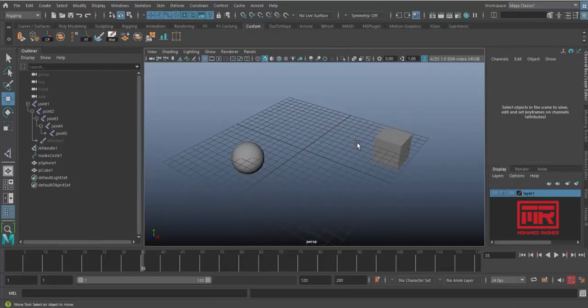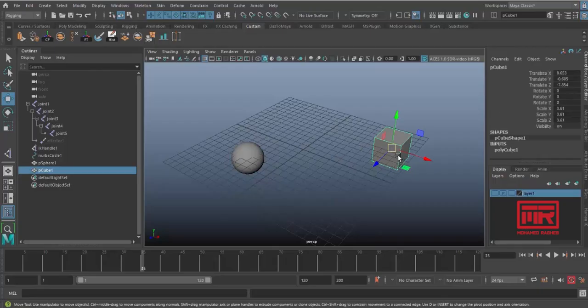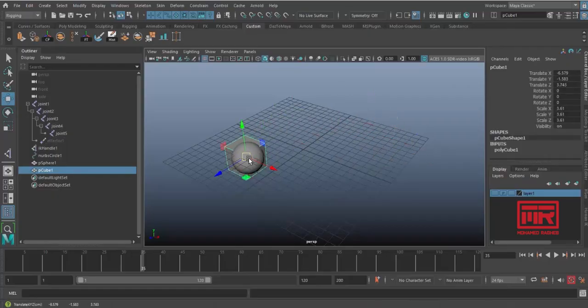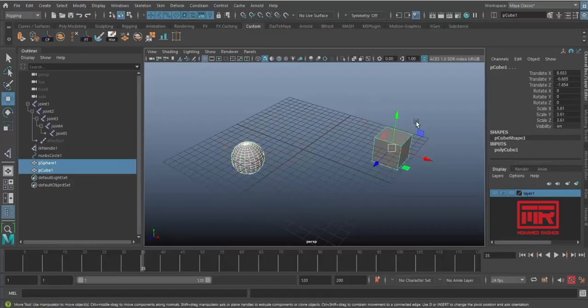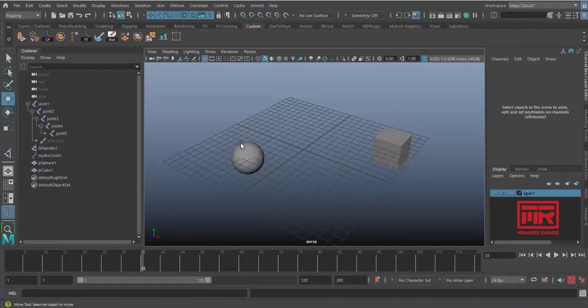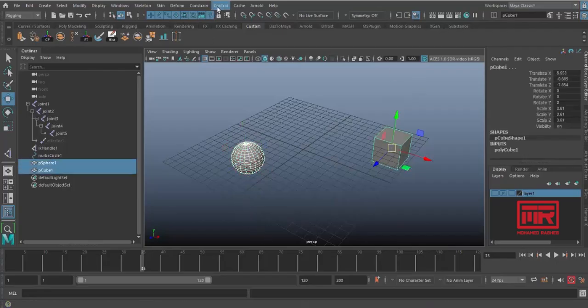But that cost you that this cube now left its position and go here. So what if you don't want that? You want to make the relationship in the exact same positions here. So you need to select the leader, shift select the